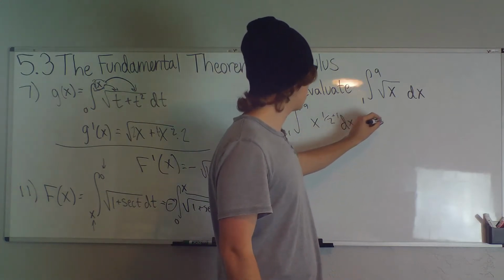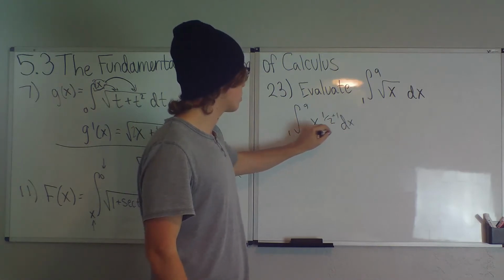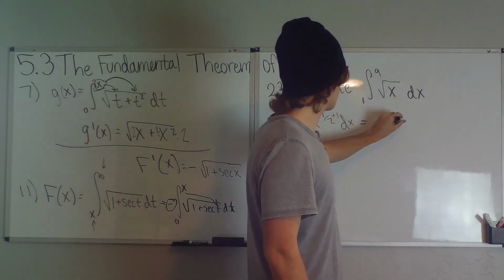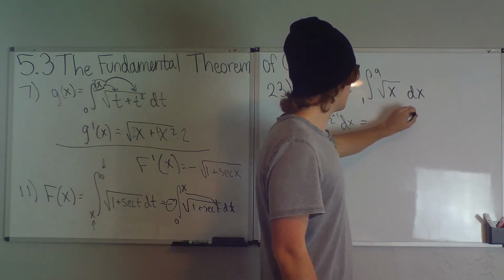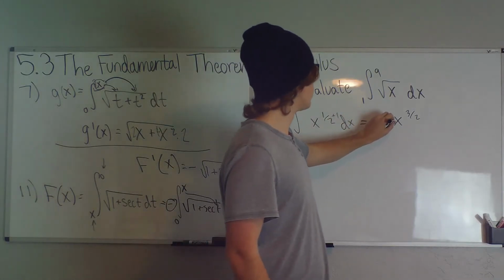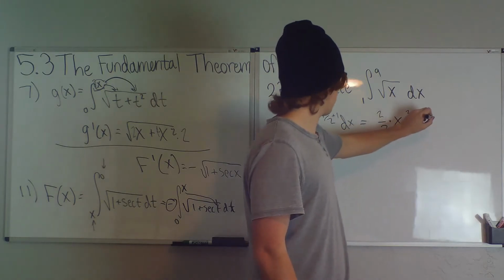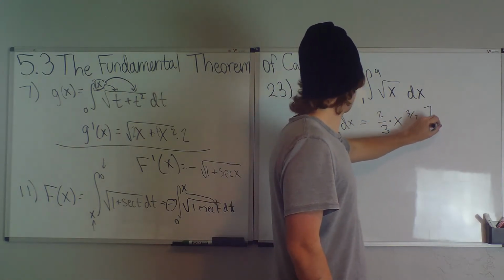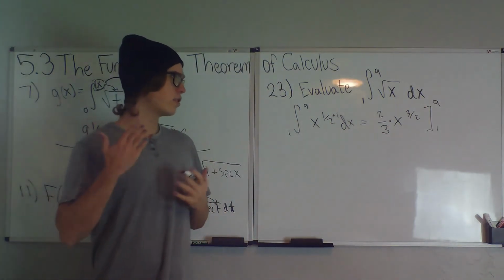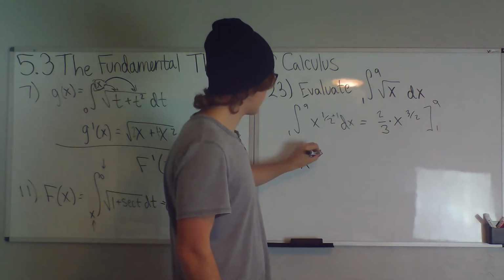We add 1, and then we want to make it so that the derivative is just equal to the x to the 1/2. What do I mean by this? Well, what we're going to do is x to the 3/2, right? Because we add 1 to the 1/2. And then we multiply by 2/3, right? And then we solve from 1 to 9. But this may be confusing. You'd be like, where do you get the 2/3? Well, if we were to differentiate this x to the 3/2,